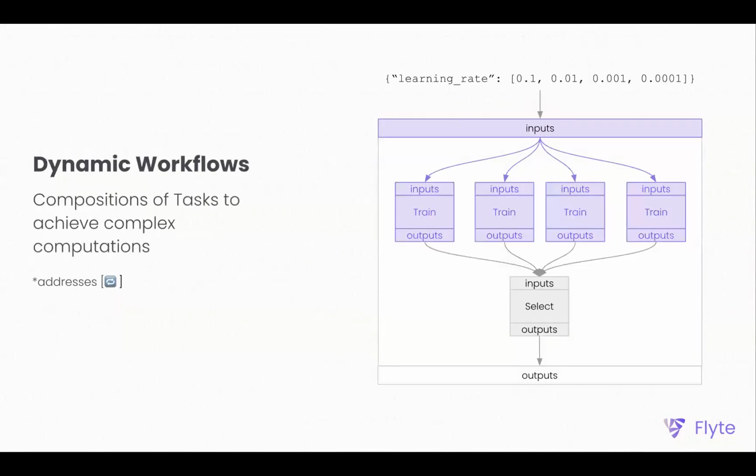And the last kind of construct that I want to introduce you to, there are many more in Flyte, but dynamic workflows allow for this dynamism, right? So if my input to this dynamic workflow is learning rate, and I want to give it 4 different configurations to train on, Flyte will be able to dynamically generate the DAG that will then train those 4, and then, say this last task here selects the best one, and then that's the one you deploy.